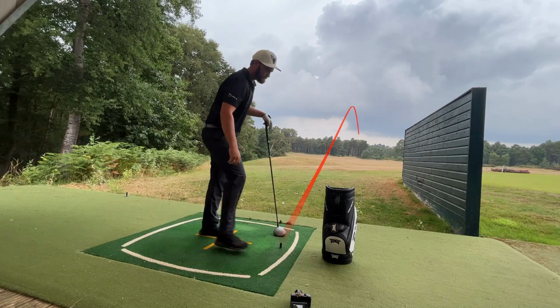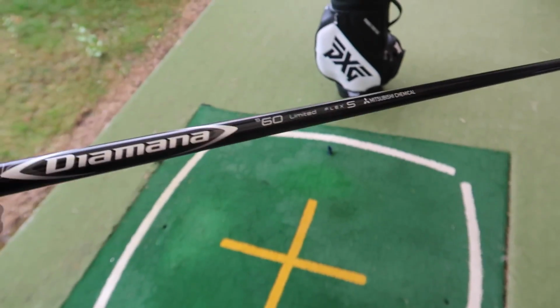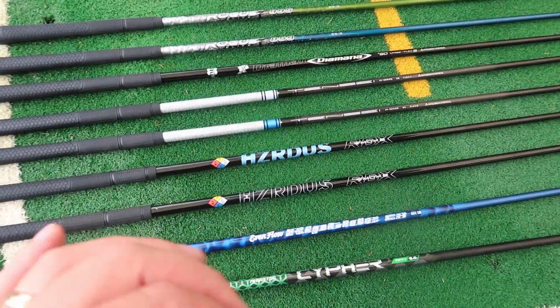Right, first few warm-up hits. Jack's just given me this 0311 XF. So this is the extra forgiving head type with just a standard Diamana 60 gram stiff flex shaft. Jack has kindly put out the shafts that are available in this 250 option, and the whole point as well